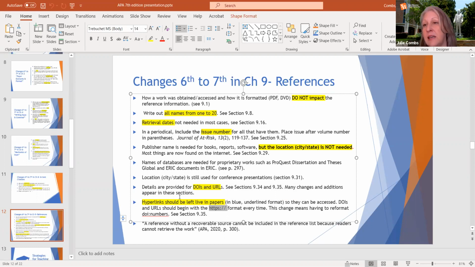And that can really be hard for people who have found something one time and they can't find it a few months later. So I always suggest making note of that URL that you're at, maybe the home web page, so that you could maybe find an item later when you're looking for it. So these highlight some of the changes from 6th edition to 7th edition.